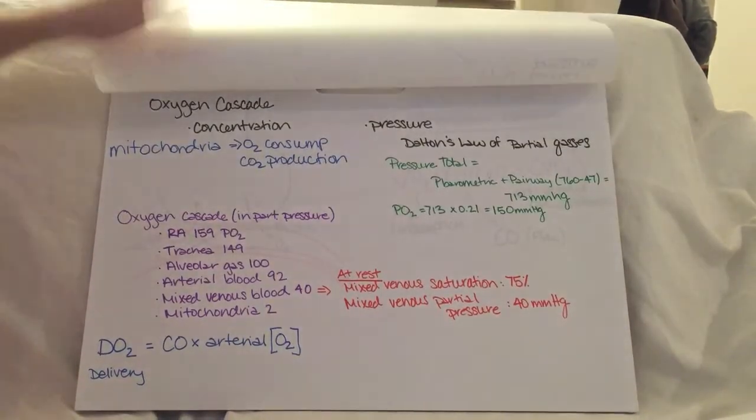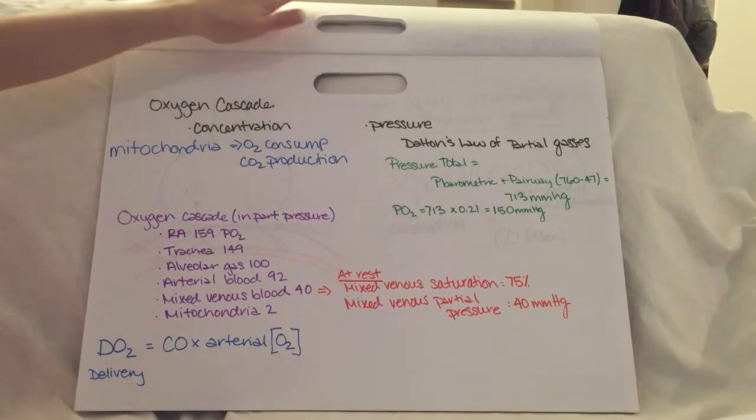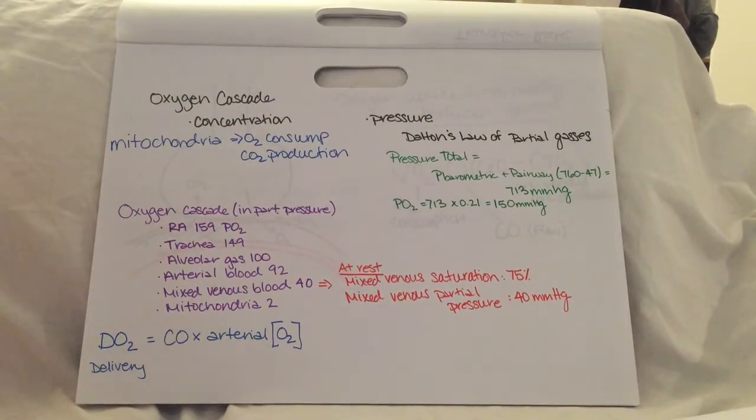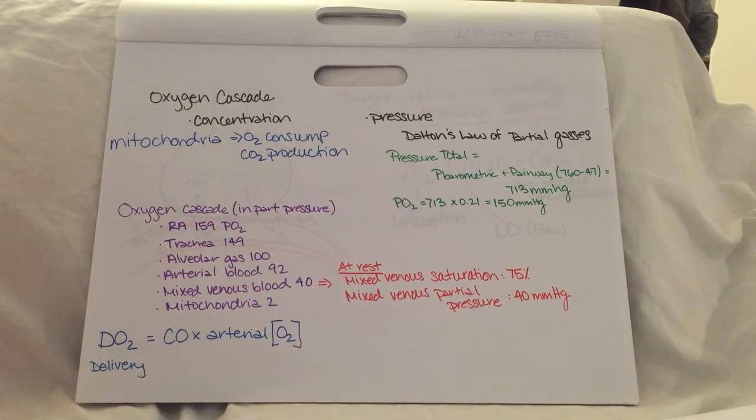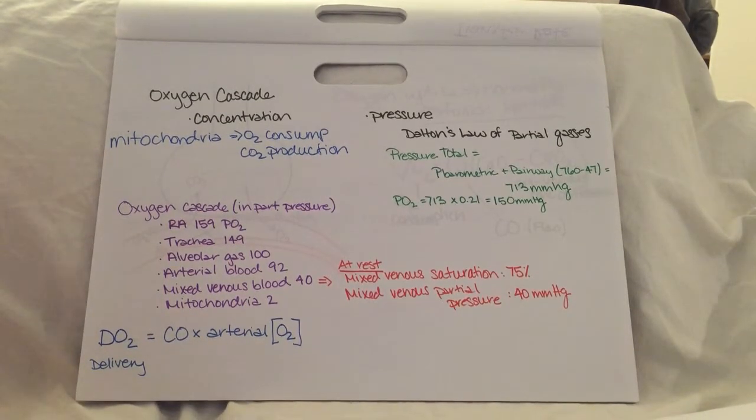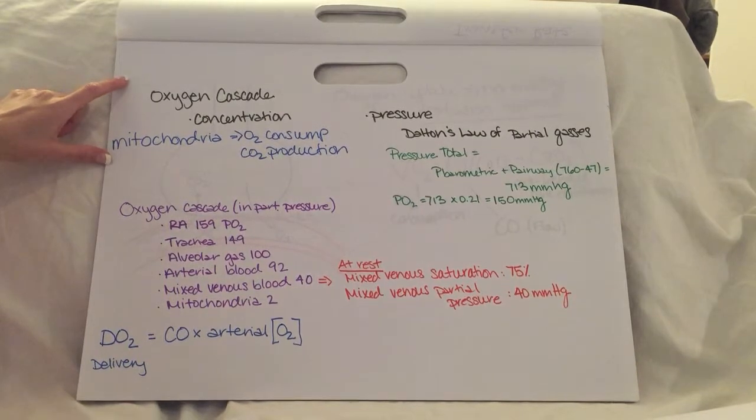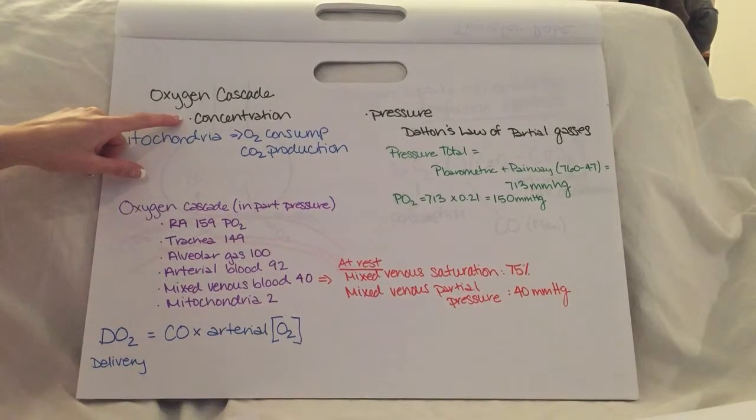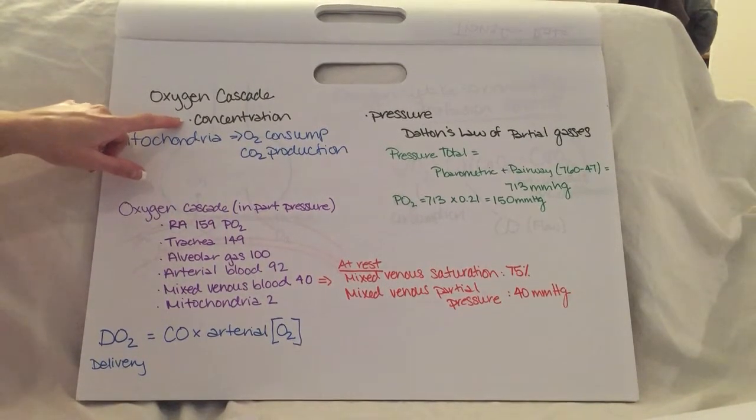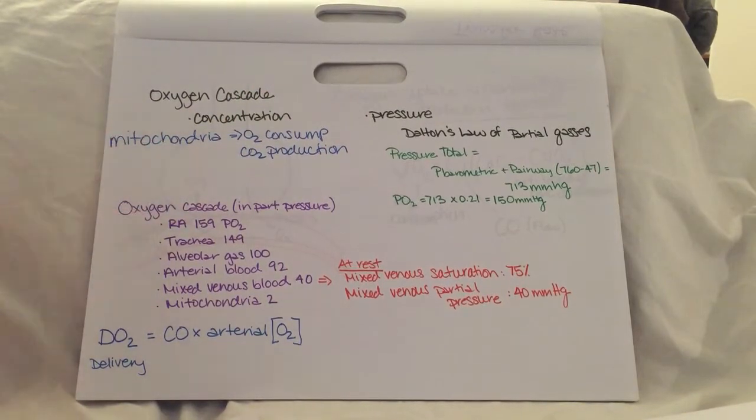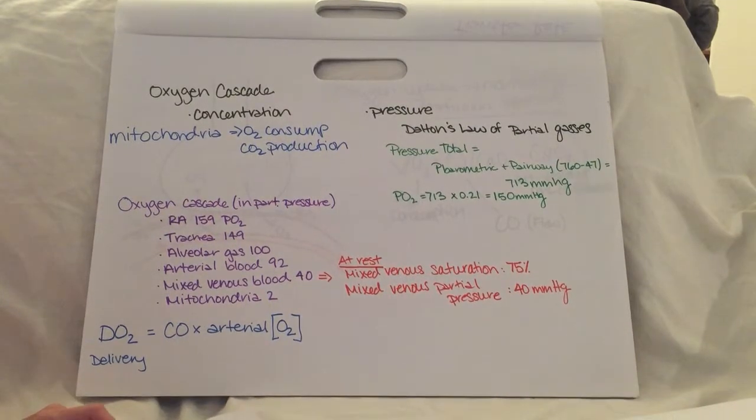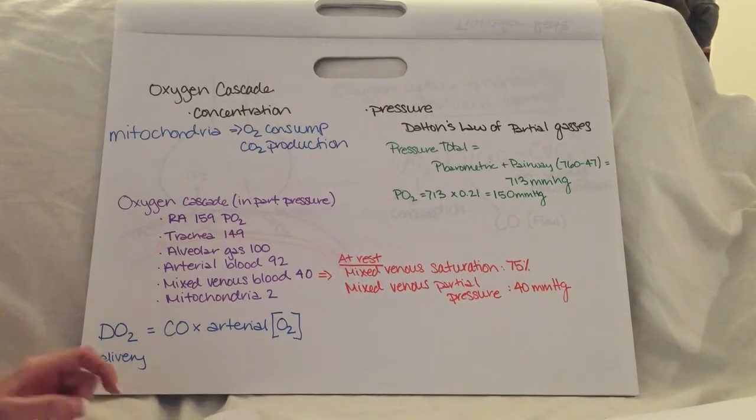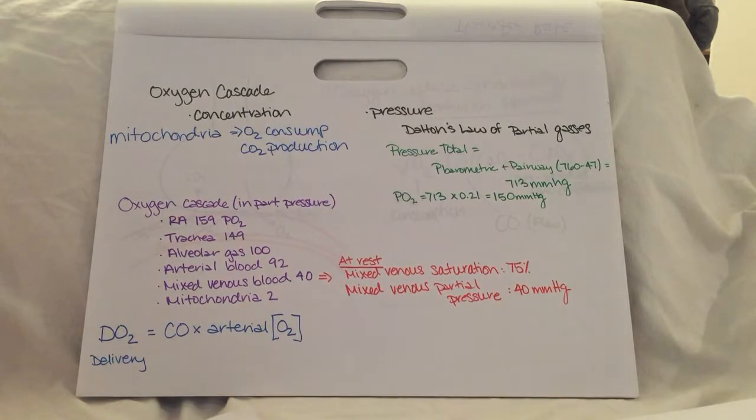So part of this drive for O2 consumption and CO2 excretion, we see that the oxygen goes down a cascade based on concentration. This is also affected by pressure, of course, in terms of the cascade. The pressure factor of the oxygen cascade is governed by Dalton's law of partial gases, which says that your total pressure is your barometric pressure plus your airway pressure,